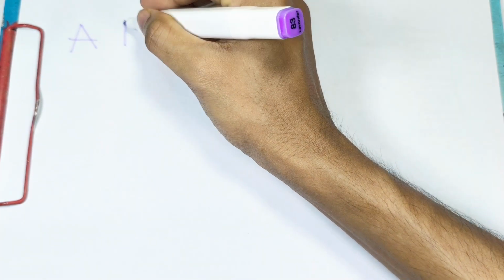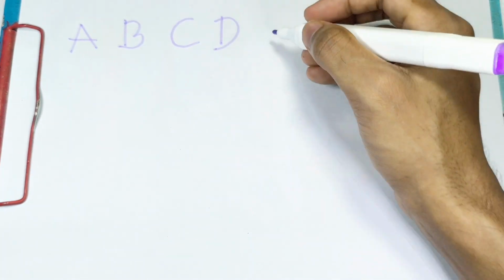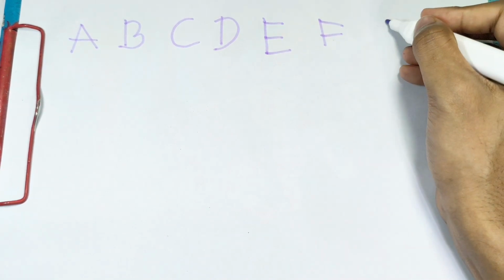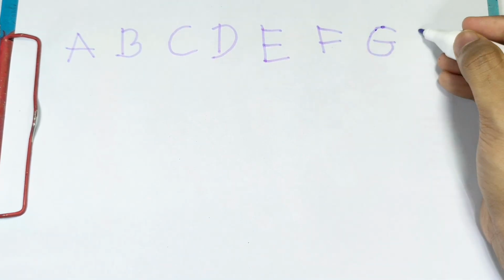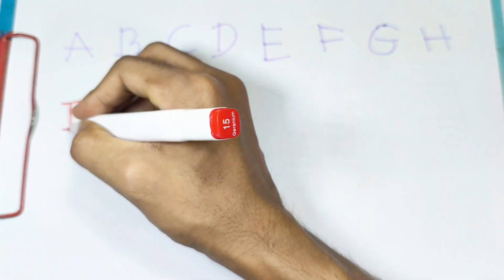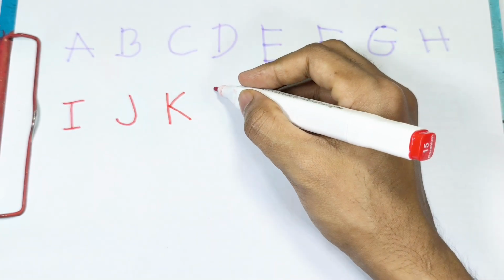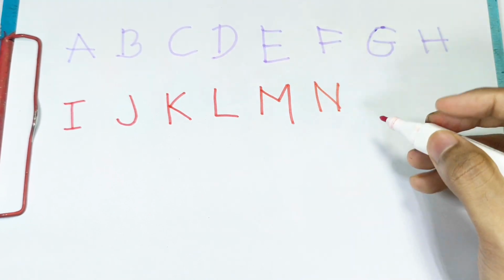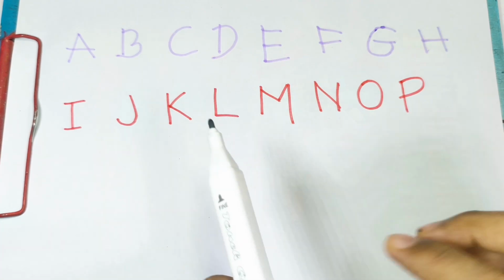A, B, C, D, E, F, G, H, geranium color, I, J, K, L, M, N, O, P, cool gray color,